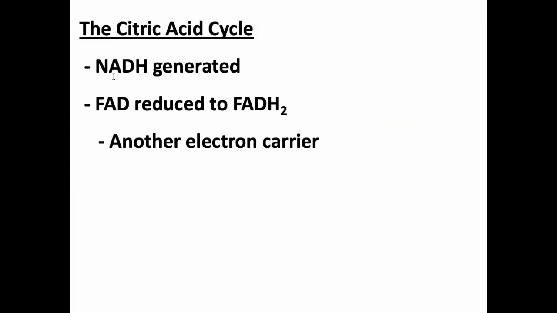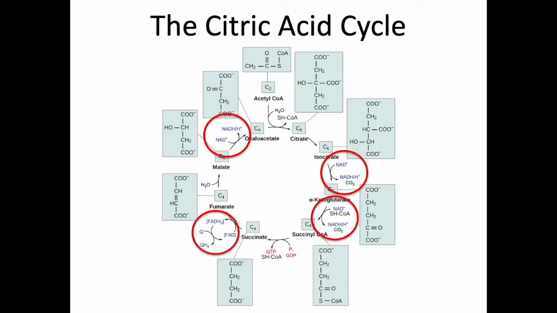So in the citric acid cycle, we generate some NADH, which we've already talked about, and we're also going to have FAD reduced to FADH2. This is just another electron carrier, empty form, fully loaded form. So at this point, we have a lot of NADH from the previous steps as well, and we've got some FADH2 from this step. We have a lot of valuable electron carriers at this point as we finish out the citric acid cycle. Okay, so it may seem like we are done.